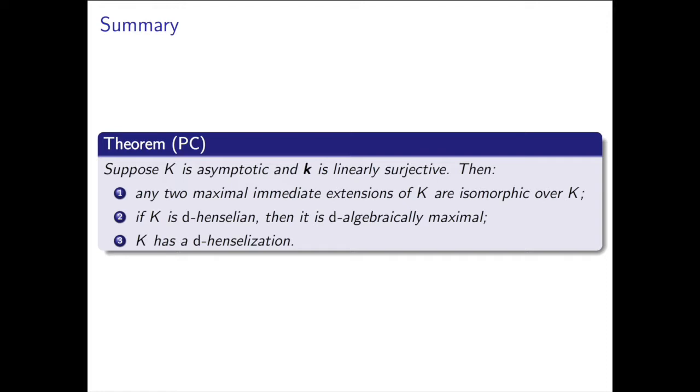I have a general question. Do I understand correctly that these results are somehow aimed towards proving Ax-Kochen-Ershov for asymptotic valued fields? I don't want to make any bold claims, but the naive goal would be something like: two differential Henselian asymptotic valued differential fields are elementarily equivalent if and only if their differential residue fields are, and their value groups, with a certain induced structure from the derivation, are. That would be the naive goal.